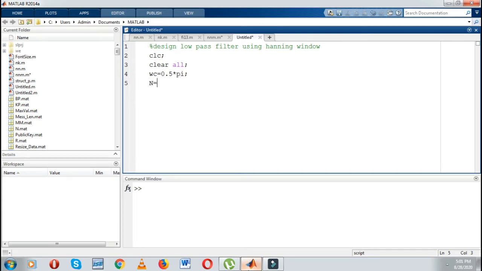then number of samples, that is 25, then I will take value of alpha, that is nothing but capital N minus 1 divided by 2, then I will write epsilon equal to 0.001, then for how much time, that is n is equal to 0 : 1 : capital N minus 1,